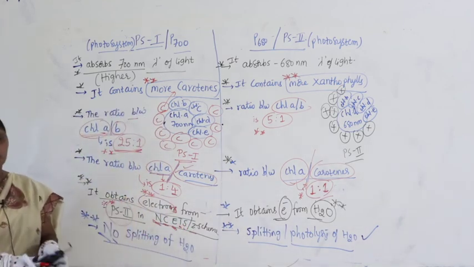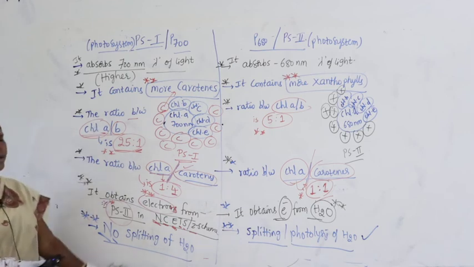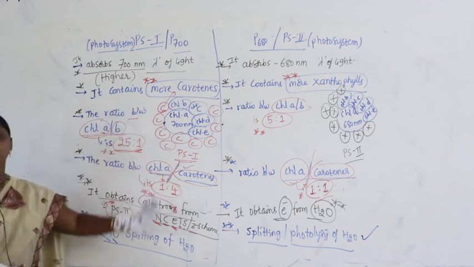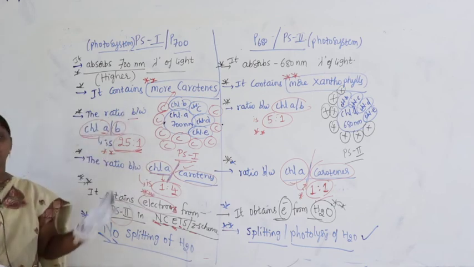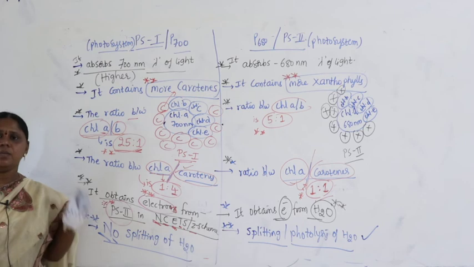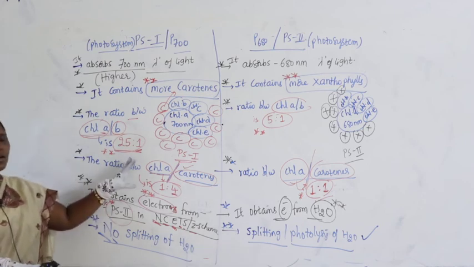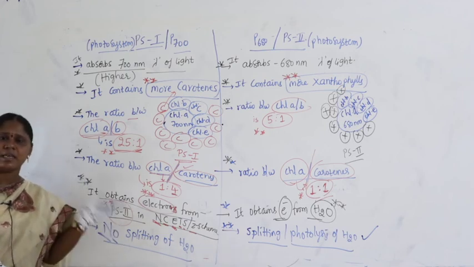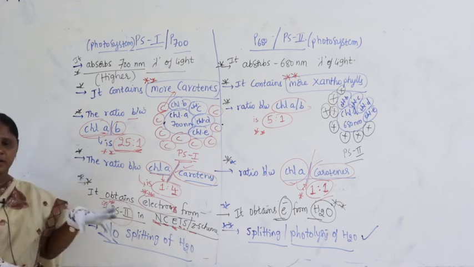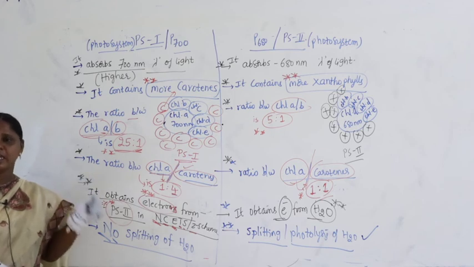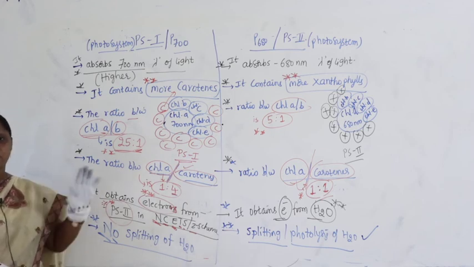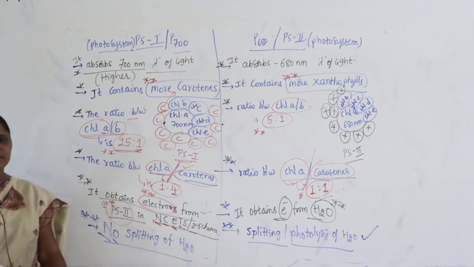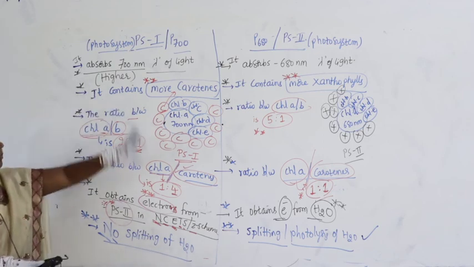Each and every point is very important. In every exam, we almost touch each and every question, and every point you will get in the form of a question. If you can make out these differences between photosystem 1 and 2, and between non-cyclic and cyclic, you will get full clarity in your mind. Then you can answer any question from any part of the concept. Some more differences are there, but before we discuss them, let us quickly see the points here.